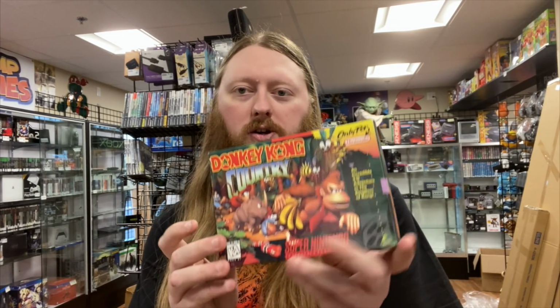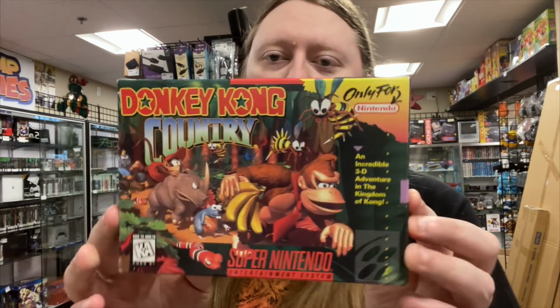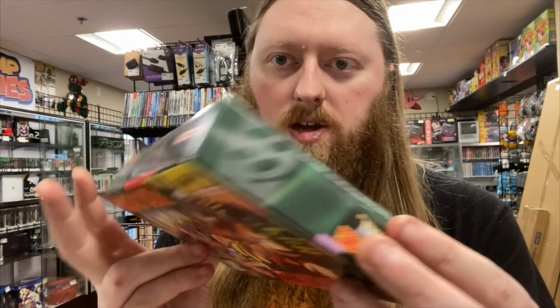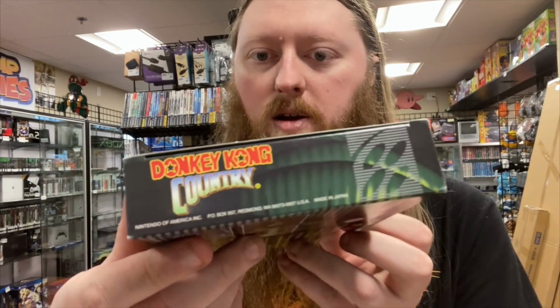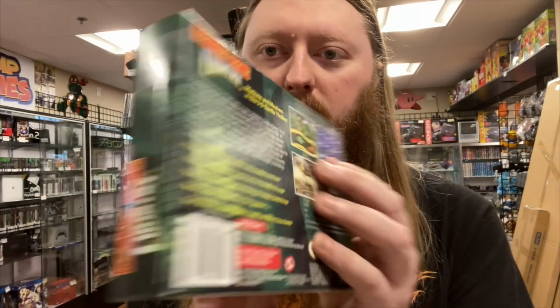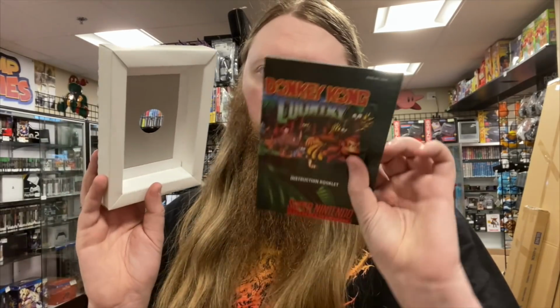Oh, this is an eBay purchase, but it's not a DS game, not a Pokemon game. This is a box and manual for Donkey Kong Country. And this one's really, really nice. Got a little creasing on the top. I guess a little one on the side there, but the bottom and that side are both very nice. Front and back is really good as well. And I saw this newly listed. I wasn't even looking for stuff to buy. It's got the manual in the tray. I was going to eBay for something else, but